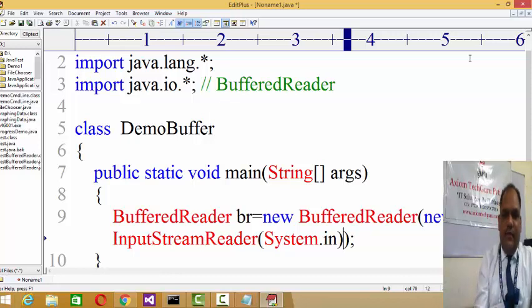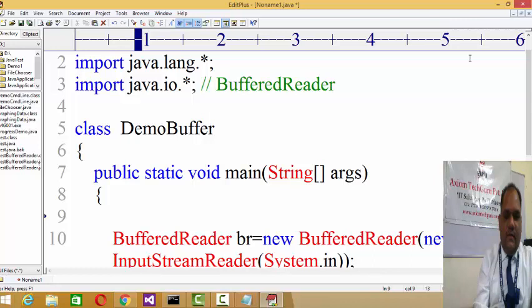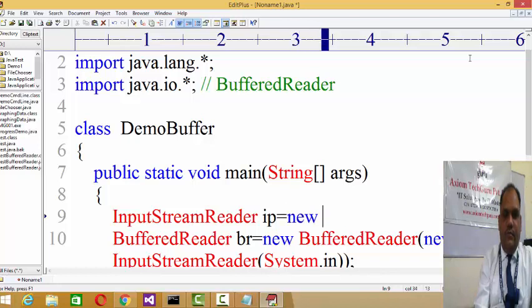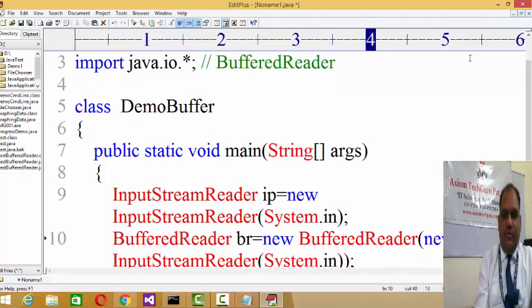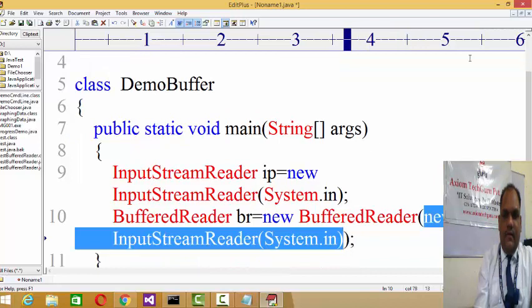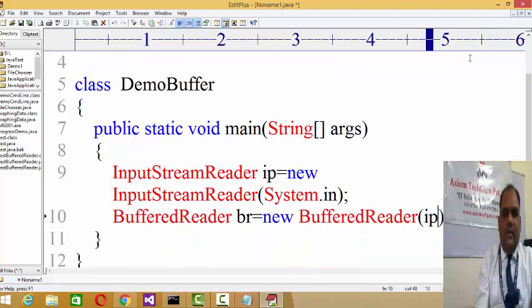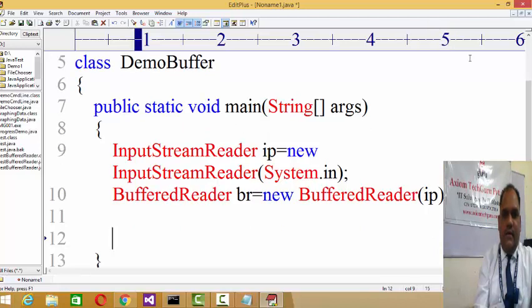If you want to simplify it, you can do one thing: InputStreamReader ip equals new InputStreamReader(System.in). Means you firstly create the object of InputStreamReader, and then you pass that InputStreamReader object to the BufferedReader, right?